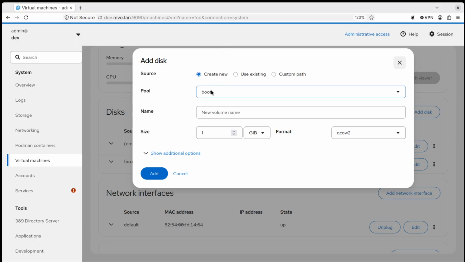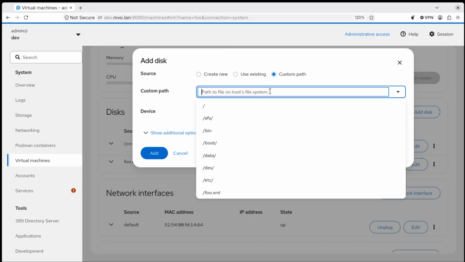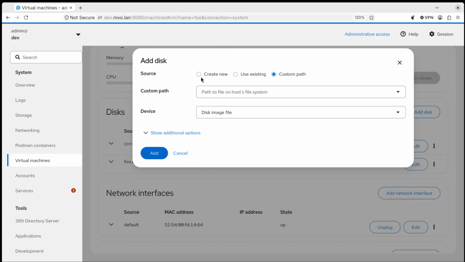What is create new in a pool, and then you have to type a name. What is even happening when you do that? Use existing is of course about picking an existing volume from a pool, and then finally custom paths is maybe what you're thinking of, but the name is not very clear. This is just, you can specify a path anywhere in your file system and that will be used, but you cannot create a new image at a custom location with this. So it's at the same time confusing and a bit restricting, and I thought, let's do something about this,